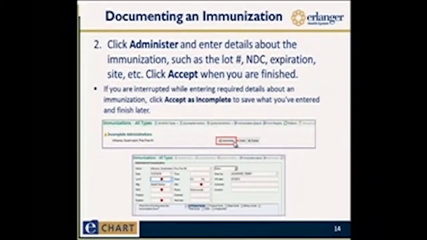Once you're finished, you will click accept. If you happen to be interrupted while you're entering this required information, you can click the accept as incomplete button. You have that option to save what you've entered so you can finish it later and you don't lose your work. But just try to get all that information in as soon as you can.